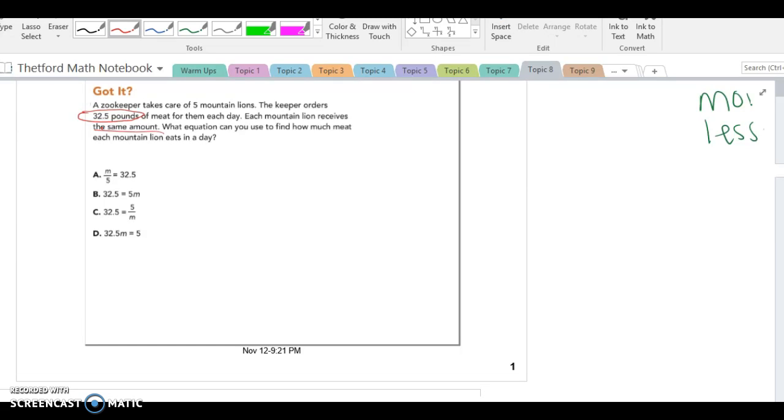So, we know that there are 5 mountain lions. And we know that the keeper orders 32.5 pounds of meat for them. So if they order 32.5 pounds, we know that it's our total food